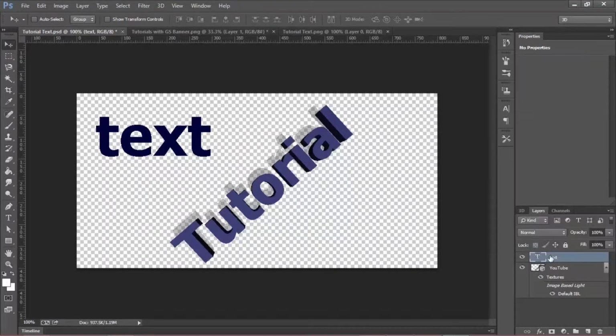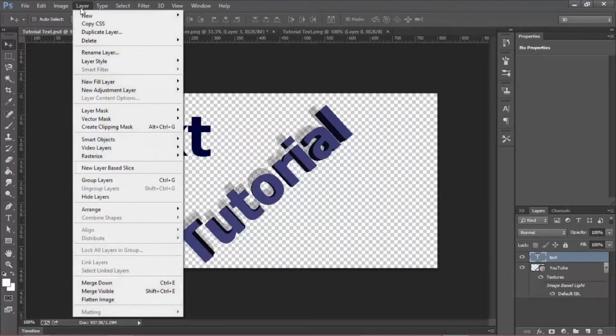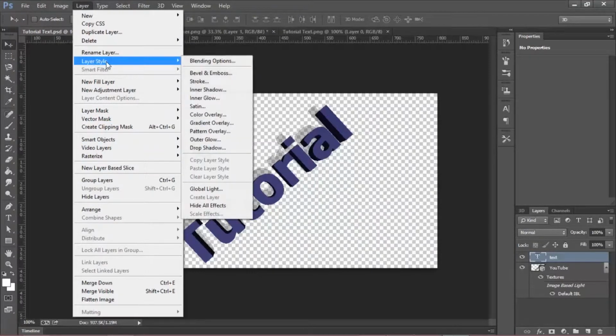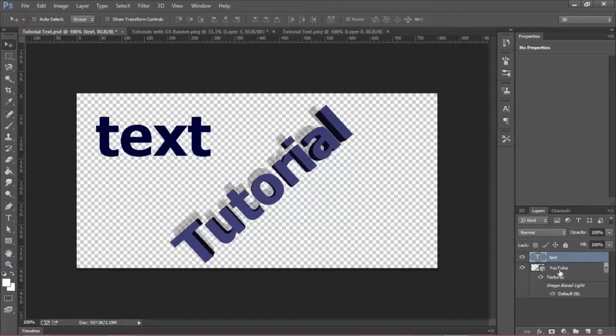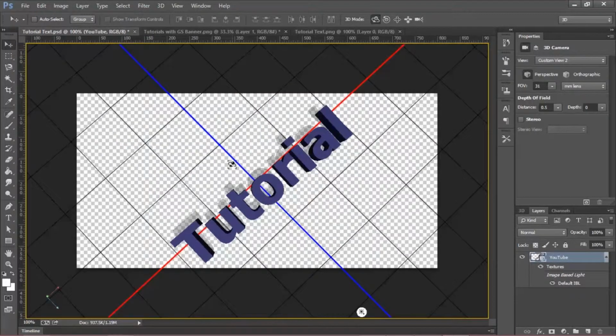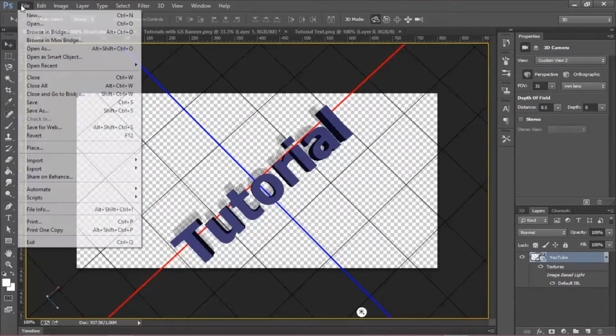And you go over here and you go up to layer and you go to, where is it, layer style, hide layers, layer style, and you can click drop shadow, outer glow, inner glow, stroke, and you can basically add a stroke. So if you wanted to add a stroke here, you could do that and then turn it into a 3D layer. But to add a texture, I'm gonna go ahead and go to open,